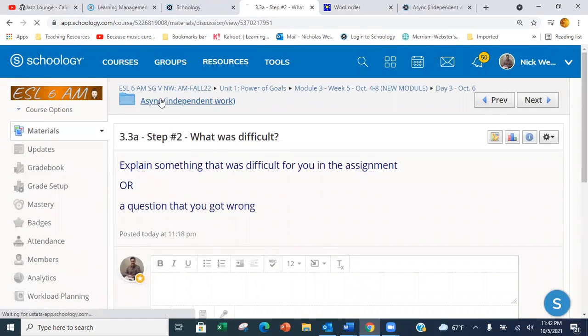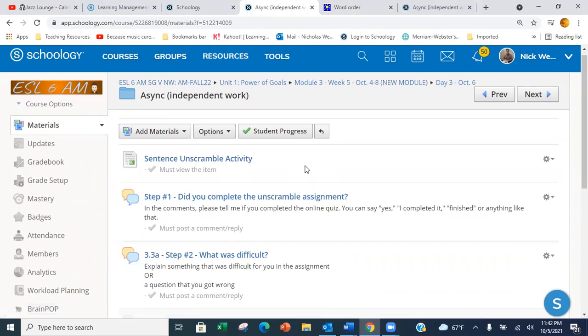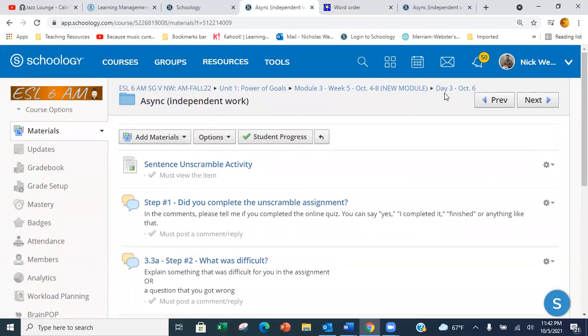Please complete all of these steps, the quiz and the 2 discussion posts, to show me that you did the work. Okay, that is the last assignment for today,